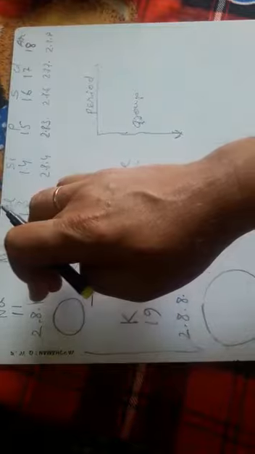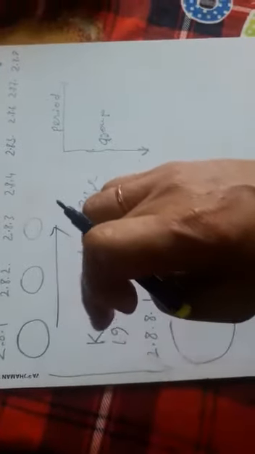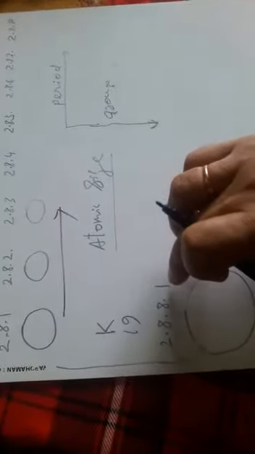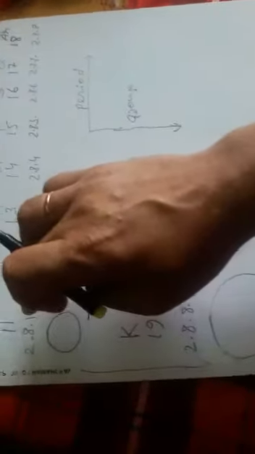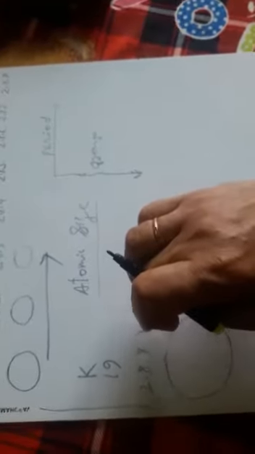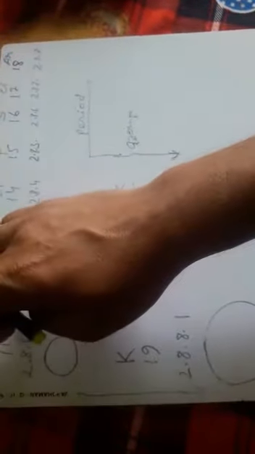On the other hand, in a group we have seen sodium will have 3 orbits, potassium will have 4 orbits. Due to the increase in the number of orbits, there will be a difference in the nuclear force. In potassium, the nuclear force decreases, so potassium will donate the loosely packed electron more easily than sodium, because due to the increase in the number of orbits the nuclear force decreases. So it will be easy to take out the loosely packed electron from potassium than from sodium. So potassium is more metallic, and the size of potassium is more than the size of sodium.